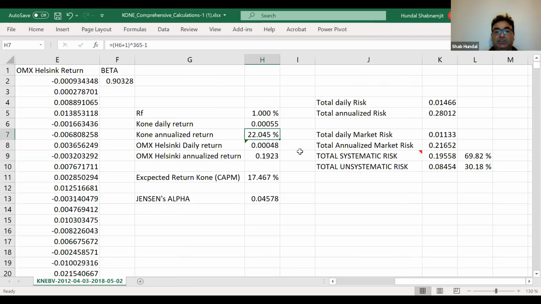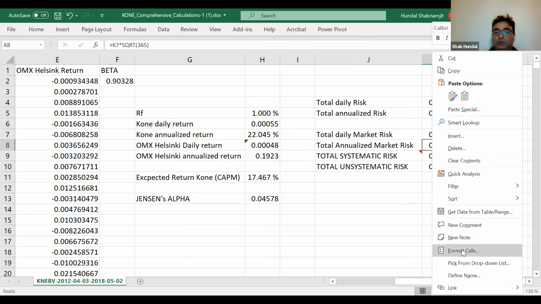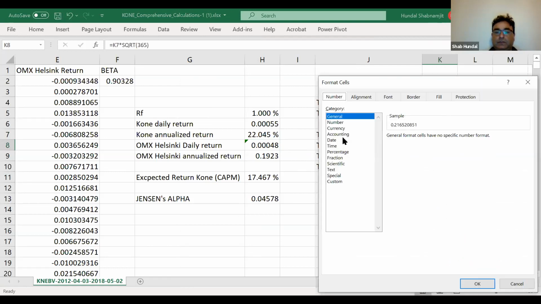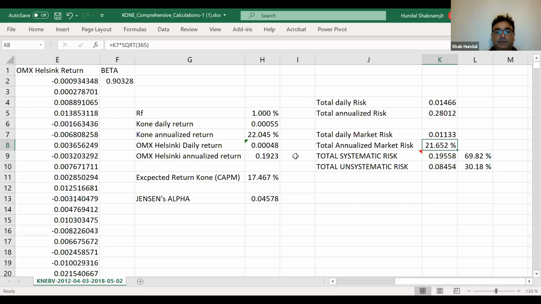The question is, how much has it overperformed? This is 22.045. In the same way, when you compare Kone with the market, just compare this and this. Let's change this to percentage also. Coming back to my example of the student, let's call Kone a student. When I compare a student's actual performance with the rest of the class,